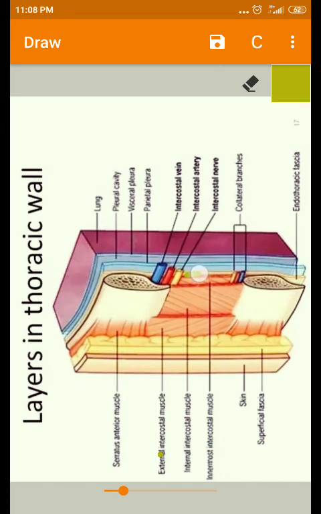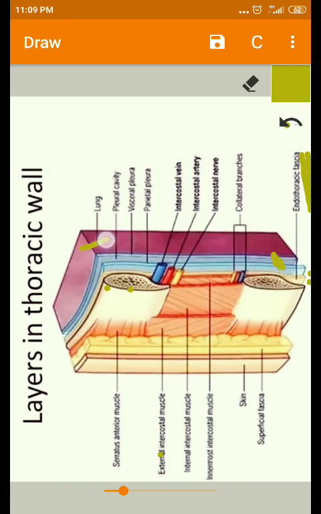After that, the last deep intercostal muscle layer, that is the transversus thoracis muscle. The transversus thoracis muscle consists of again three: subcostalis, intercostalis intimus, and sternocostalis. So this one is the transversus thoracis. After that, this is the thoracic wall proper. After the thoracic wall proper, you'll have the endothoracic fascia. Another fascia is present inside the thorax, so it is called the endothoracic fascia. And after the endothoracic fascia, you'll have the pleurae.